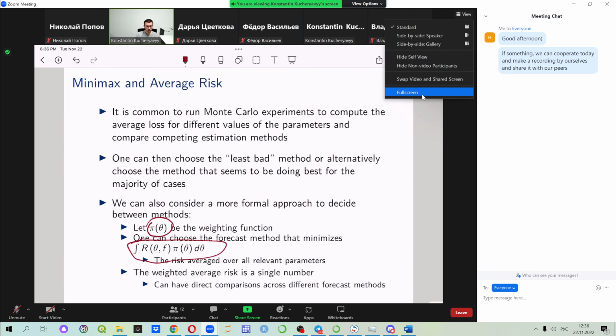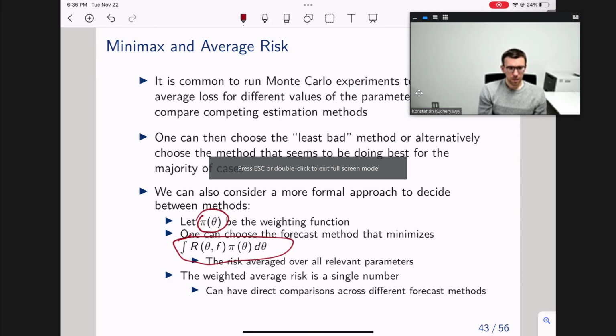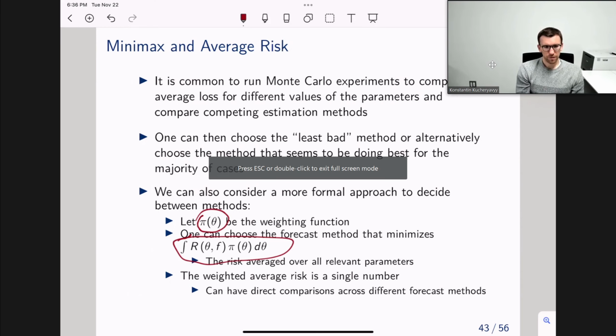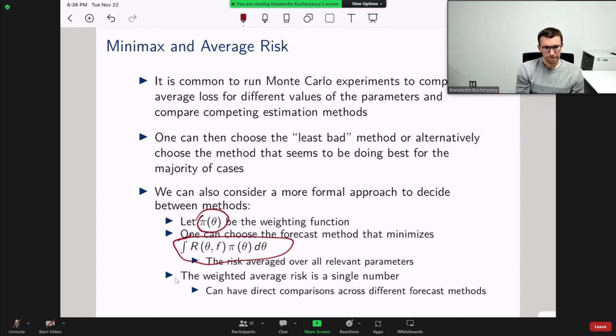So there are these costs and benefits, and I guess ultimately you should